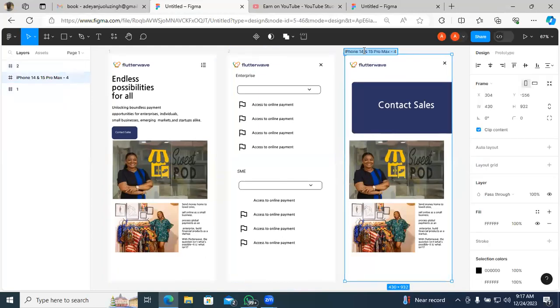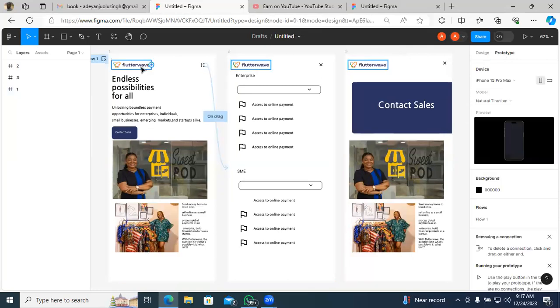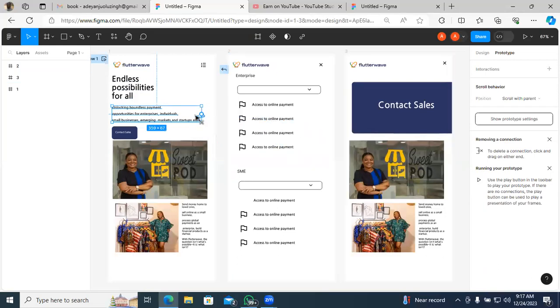Do you understand? Yes, sir. So we use the node to connect. When you come to prototype here, whenever your mouse is over the text or image, it shows you a box sign for the image, and then shows you a node sign where you click on the plus. Click on it, take it to where you want it to take it to. You understand? So that's how it works.